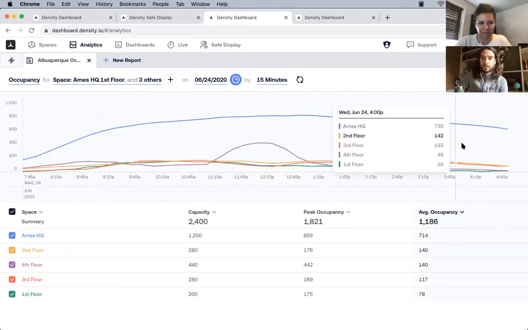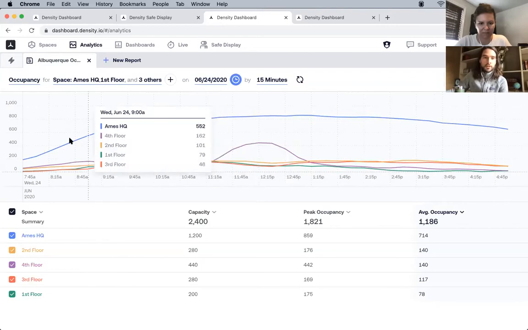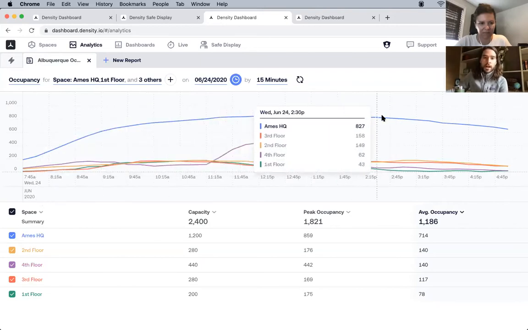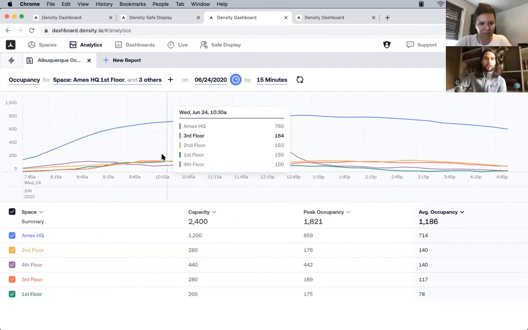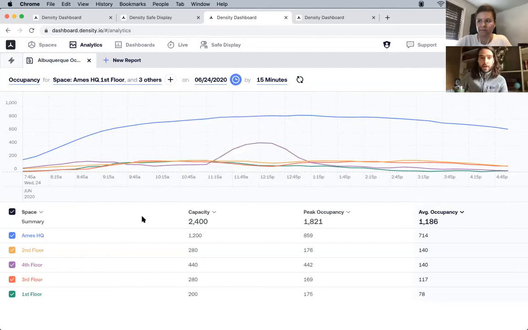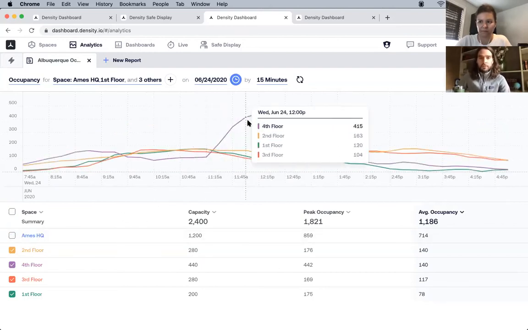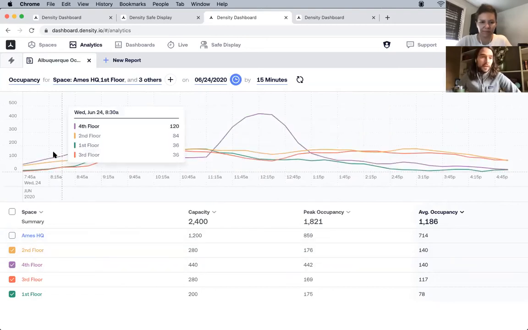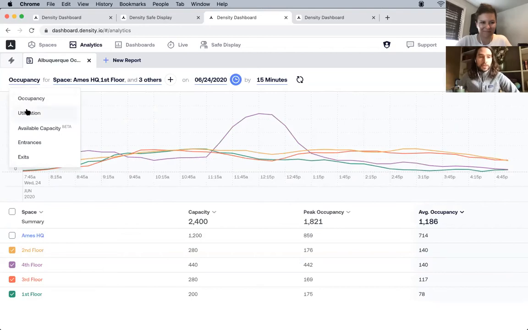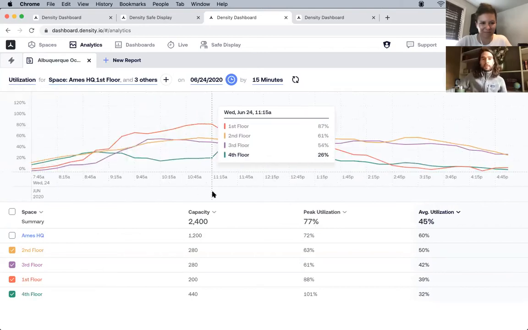So here we have a long arching day. What you're seeing here in this blue line is the occupancy of the building, and then these are the floors within the building. Returning to work is mostly about maintaining relative occupancy for a space, and typically that's on a floor-by-floor level. So these are our floors. You can see the floors peak around lunchtime. That's because that's where the cafe is in this particular model. If I change this to utilization, it levels the playing field and allows me to look at each space